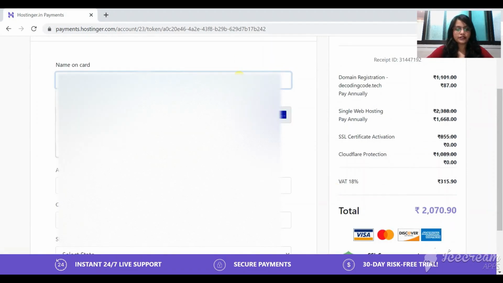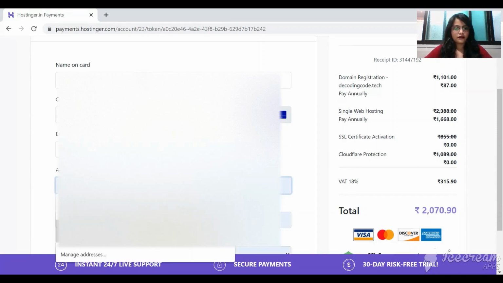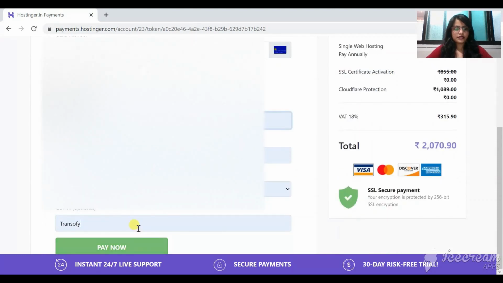So I want to write it, okay, and my card number is okay. So yes, we have added everything here. Let's click on pay now.